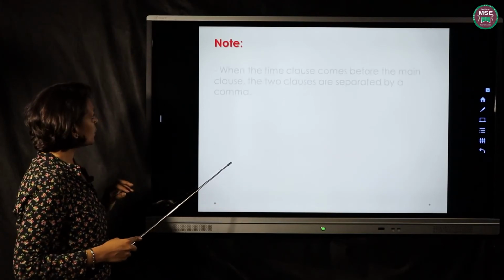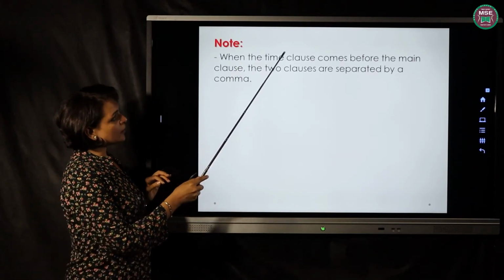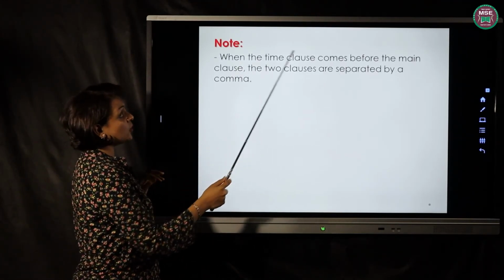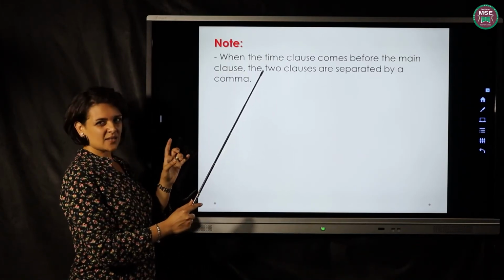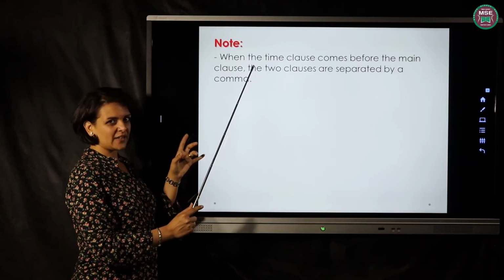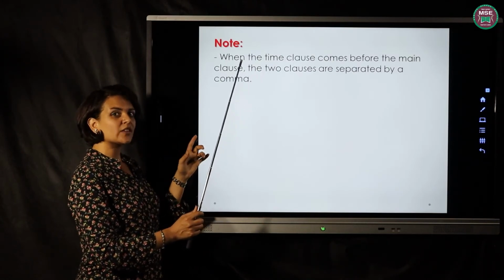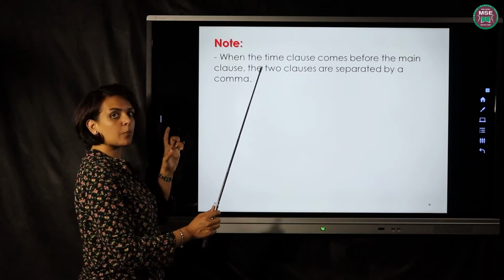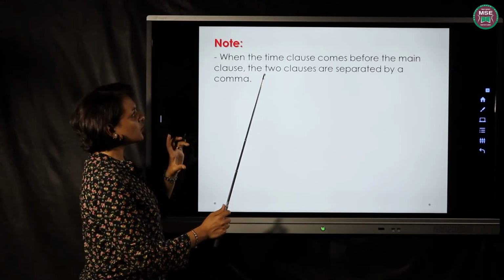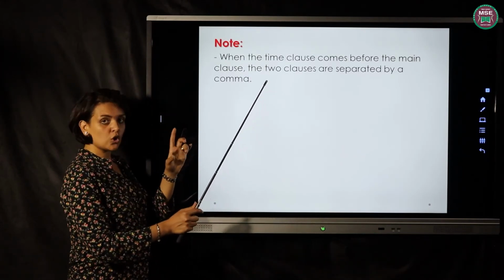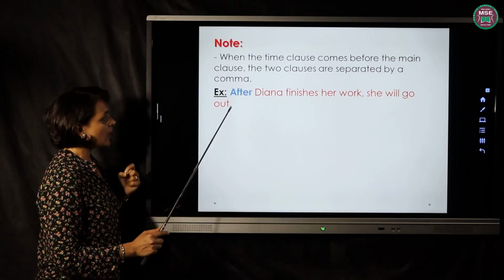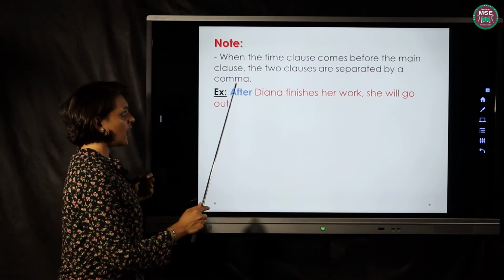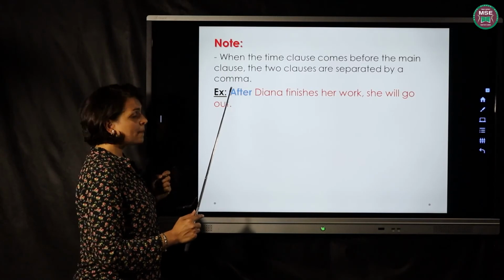Note, when the time clause comes before the main clause, the two clauses or the two sentences, well, it's not a sentence, but let us say clause because it's not a full sentence. It's a part of a sentence. So the two clauses are separated by a comma, like this example. After, here is the time clause at the beginning.